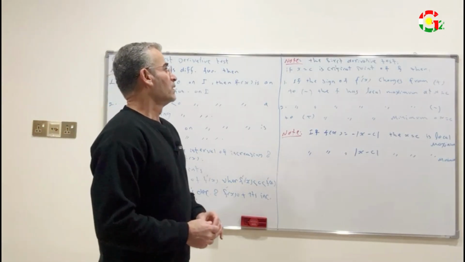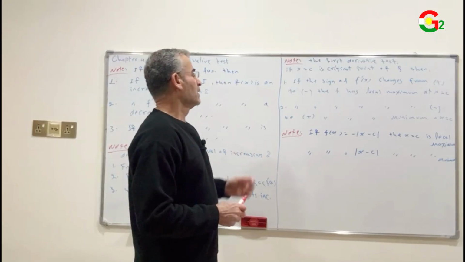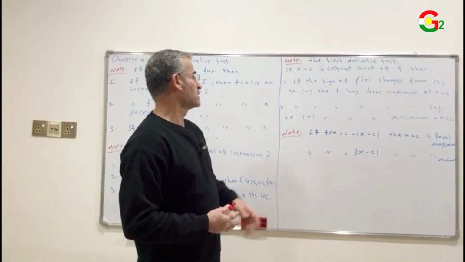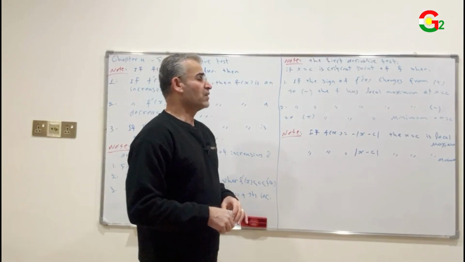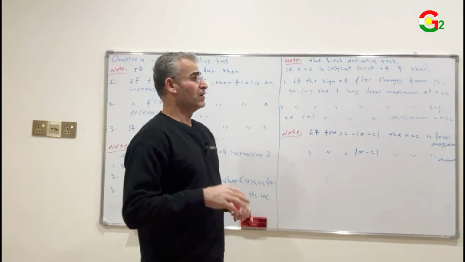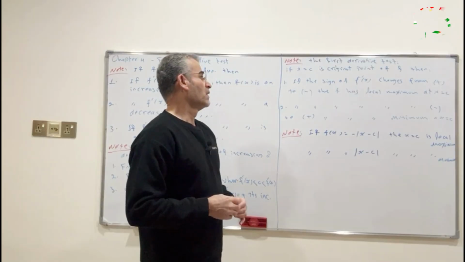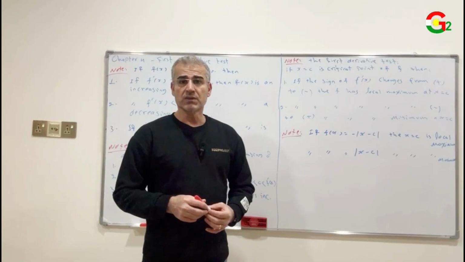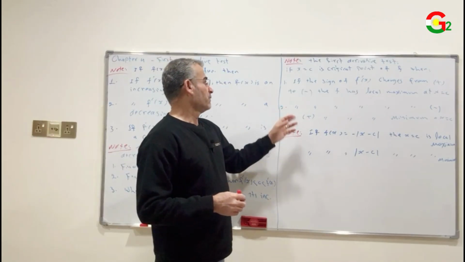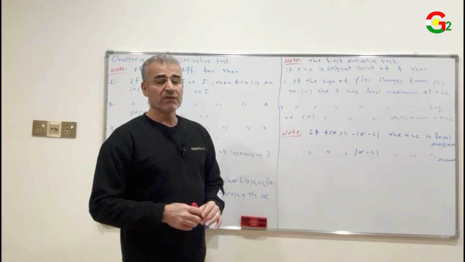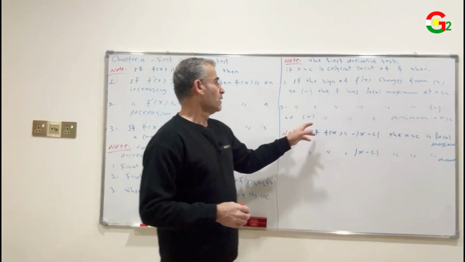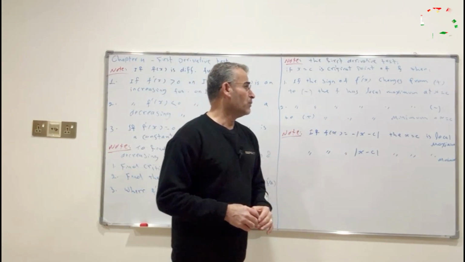Note, the first derivative test. If x equals c is a critical point of the function f of x, then if the sign of f prime of x changes from positive to negative, then f has a local maximum at x equals c. If the sign of f prime of x changes from negative to positive, then f has a local minimum point